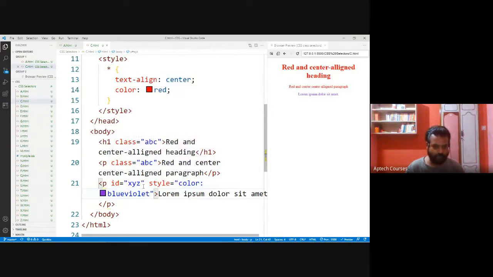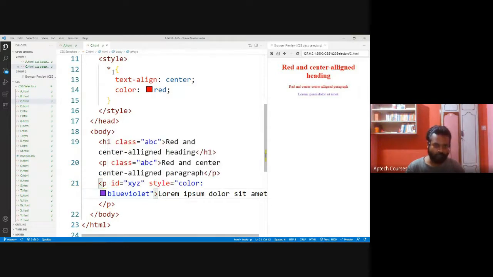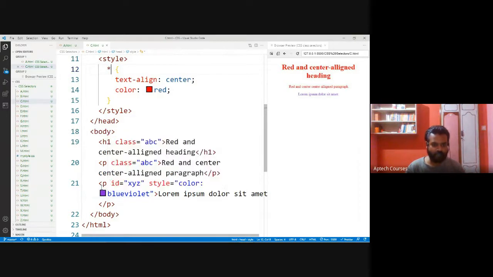Now we have the style in the inline itself, and here we are going for universal selector. Whichever style is specified by the inline CSS, that will be the style, not the style specified by the universal selector. Instead, the style specified by inline CSS.